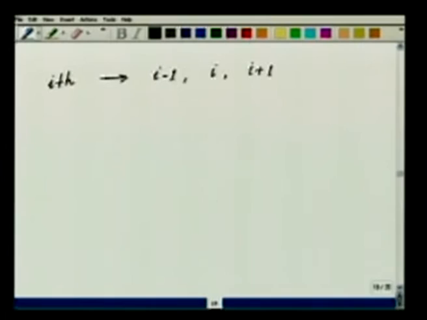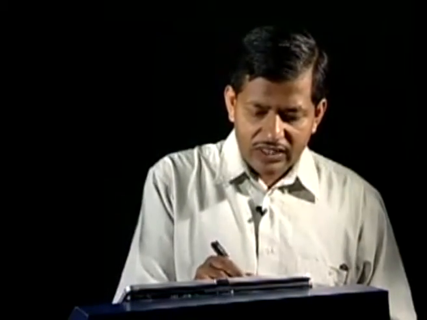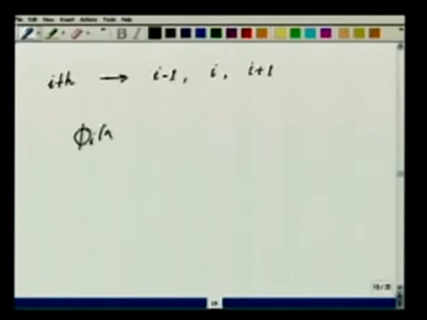Now this is all fine as far as working on paper is concerned. So first of all, let us see how we would like to bring it to a form which is computationally effective. That is a form which the computer can understand. So first thing is, we would like to define these functions phi of x. So if I draw it here, here is I, here is I minus 1, here is I plus 1.